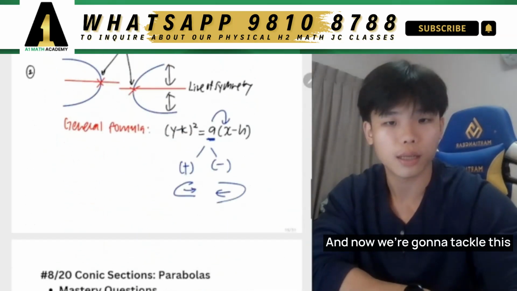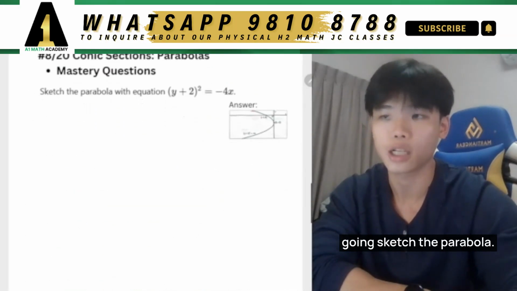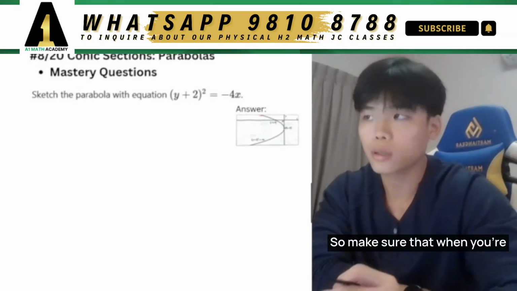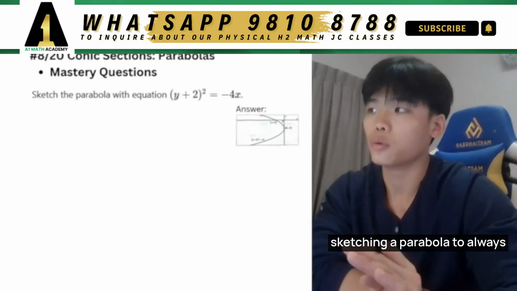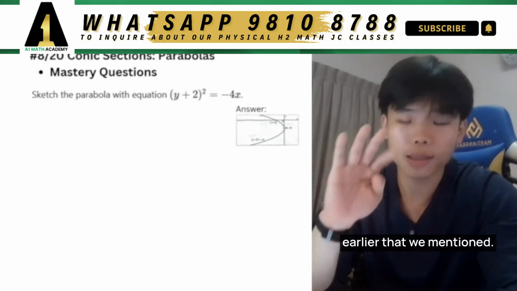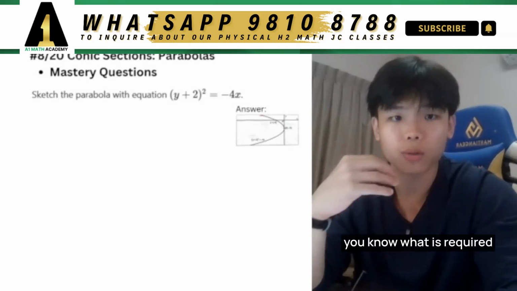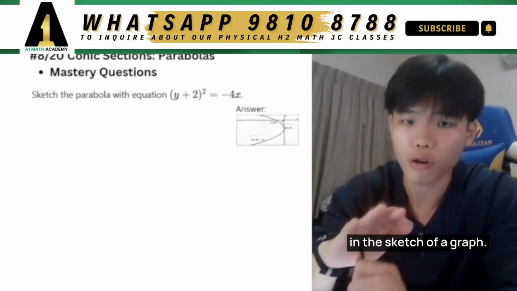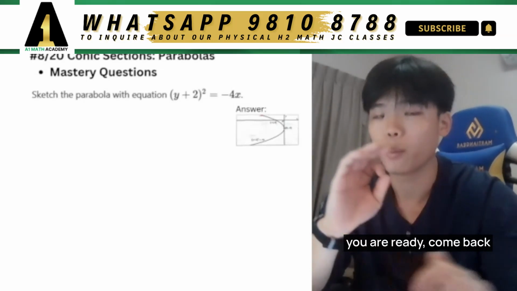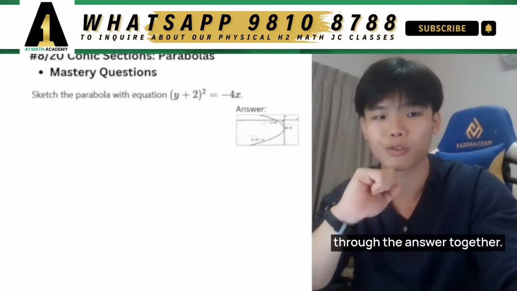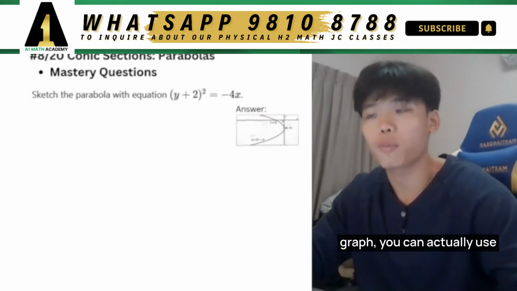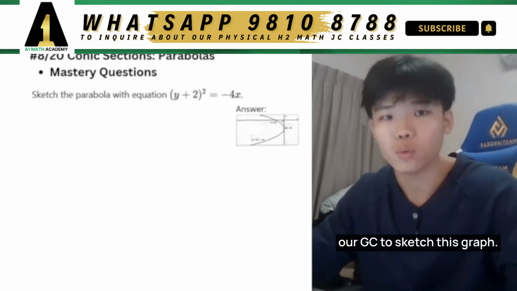And now we're going to tackle this question over here where we're going to sketch a parabola. So when you're sketching a parabola, always remember the 4 criteria that we mentioned in the previous section, what is required in a sketch of a graph. Pause this video, try it out for yourself, and when you're ready, come back to this video and let's run through the answer together. Alright, so to sketch this graph, we can actually use our GC to sketch this graph,